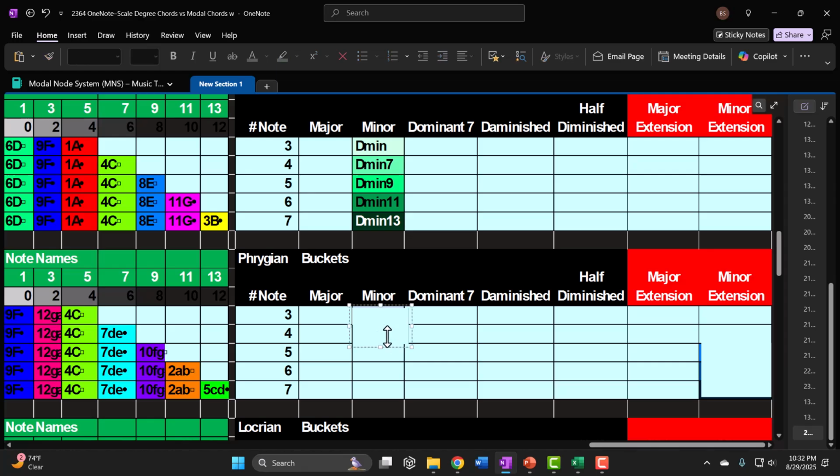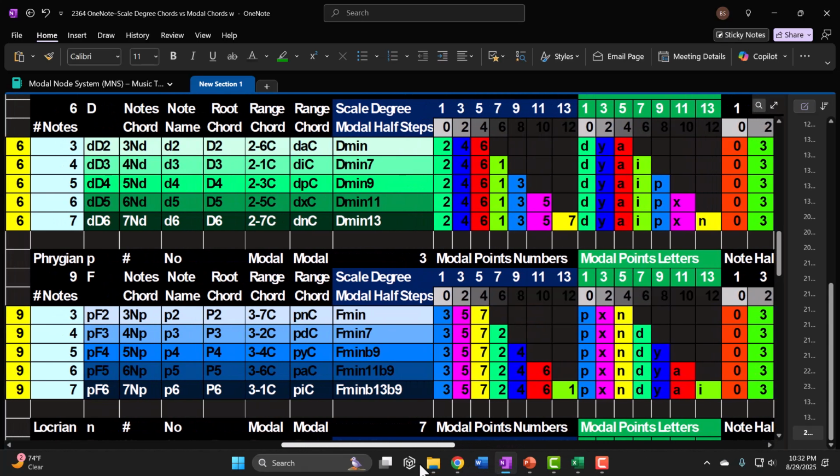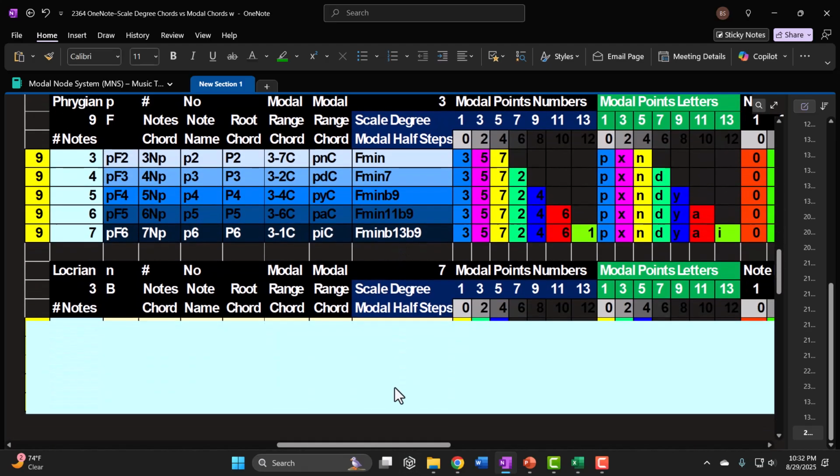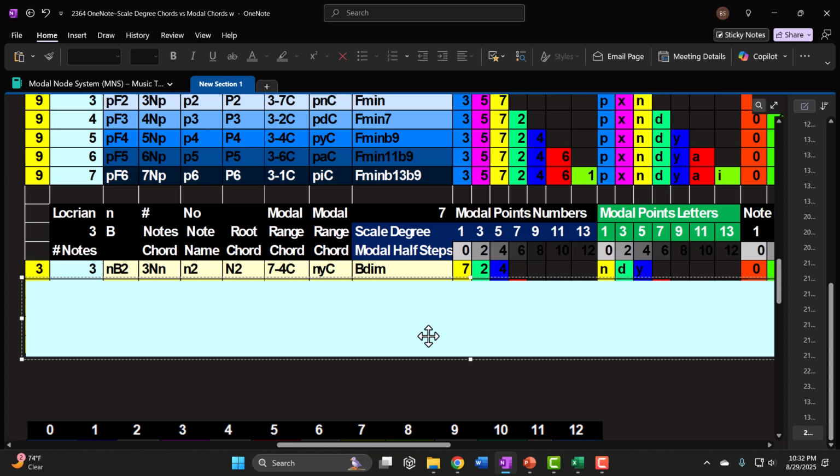These two will be consumed by the other main minor, Aeolian minor scale, and these are the extensions that will pop up if I combine these charts together. Finally, we have Locrian. So it's kind of like the minor, but then it has the flat 5. So we call that a 3-note chord, would be a B diminished, but I'd rather not have the B there, even though the diminished would pretty much tell me usually that that's the Locrian node,